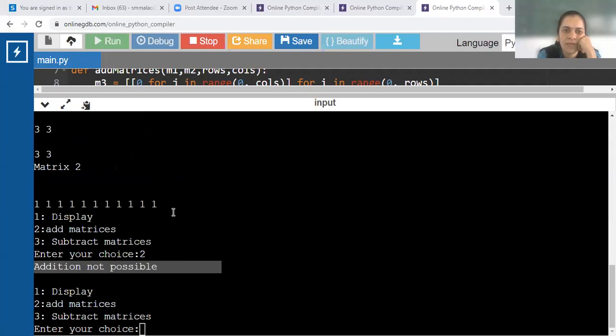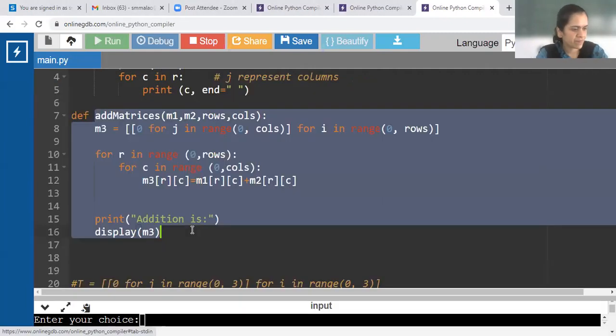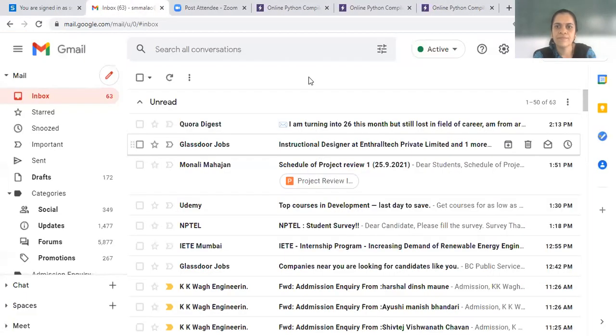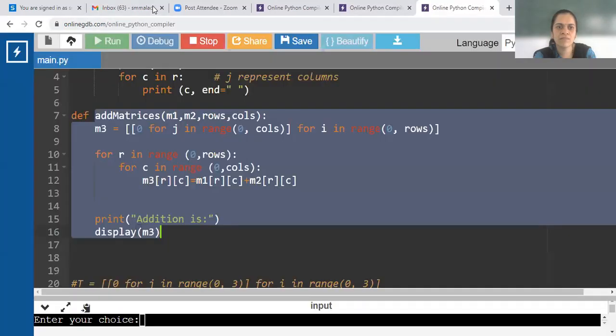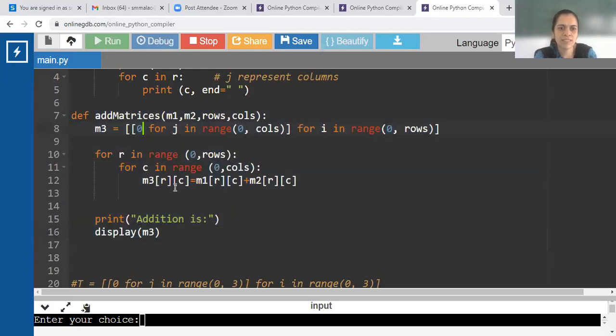Okay. So is this program clear? Will you be able to do subtraction on your own? Yes, just a minute. Where is my compiler? Will you be able to do subtraction on your own? Similar to addition, same thing.